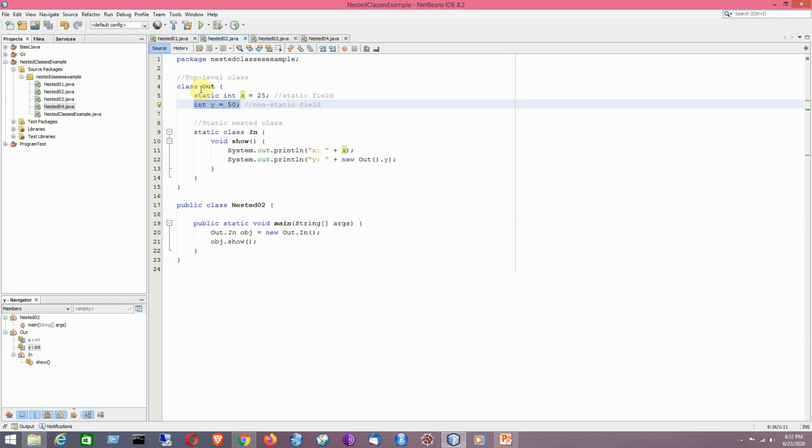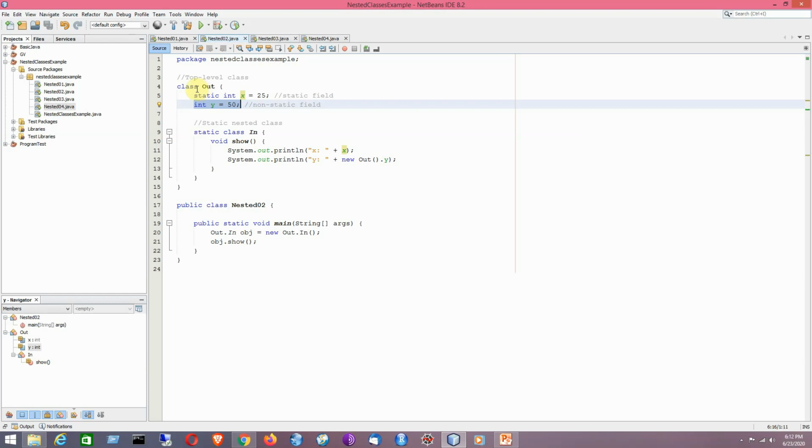A static nested class interacts with the instance members of its outer class and other classes just like any other top level class. In effect, a static nested class is behaviorally a top level class that has been nested in another top level class for packaging convenience.